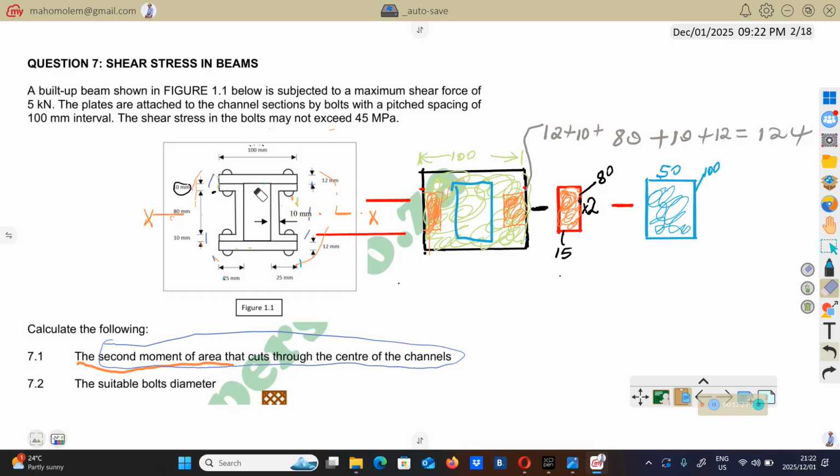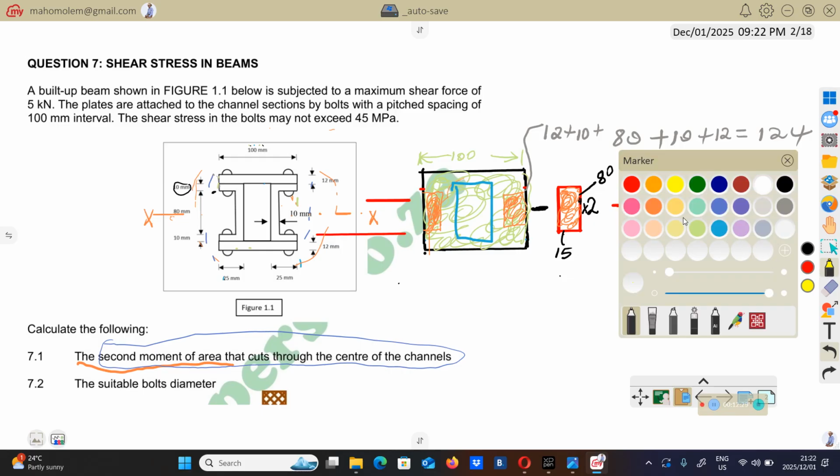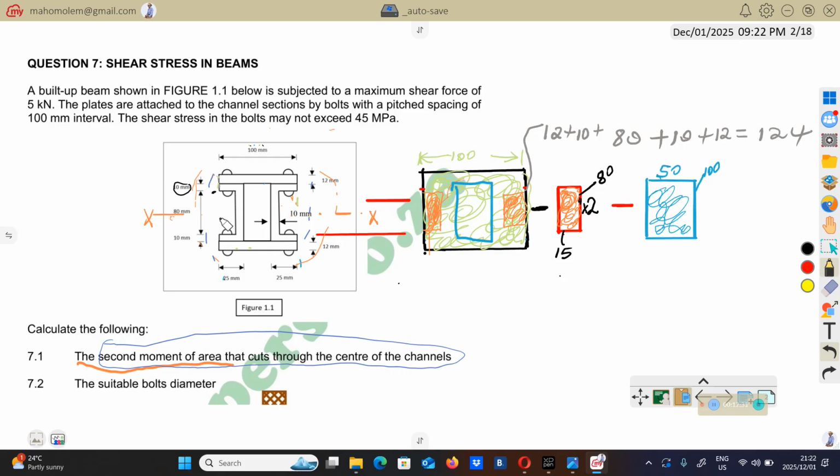So as you can see here, this line, which is XX,